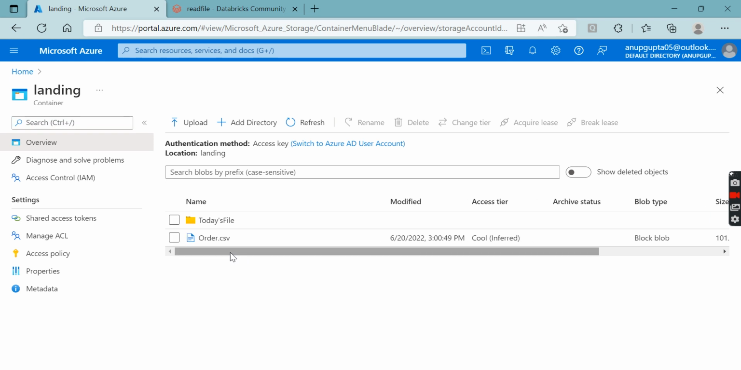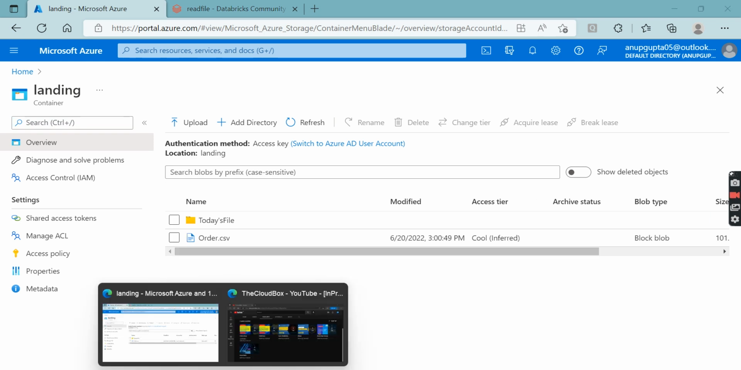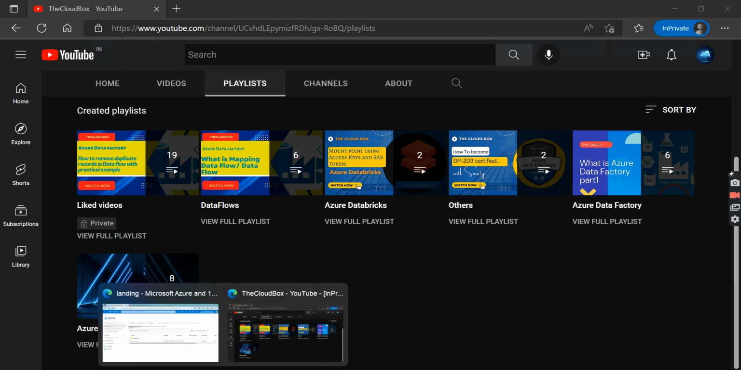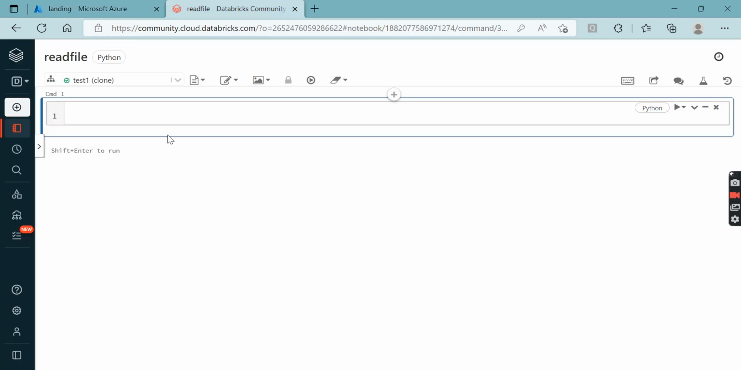So in my previous video, I have already explained how to create mount point. If you come to my channel, The Cloud Box, in the Azure DataBricks playlist, you would see two videos as of now, but this video is really important because I have uploaded how to create mount point using access keys and SAS token. And in the second video, I have uploaded how to create mount point using a service principal. Any of the ways you can create your mount point. So the moment you are creating mount point, you are eligible to read and write from your Azure storage